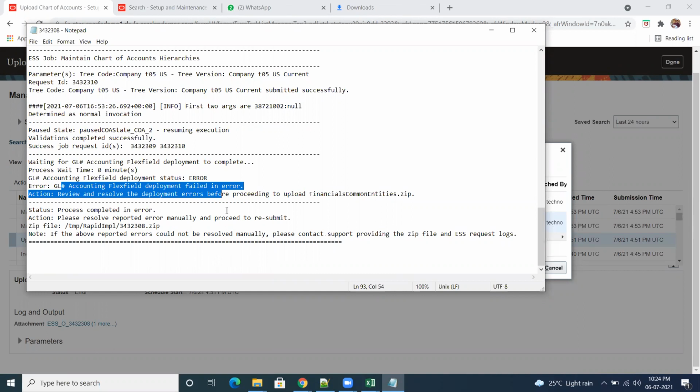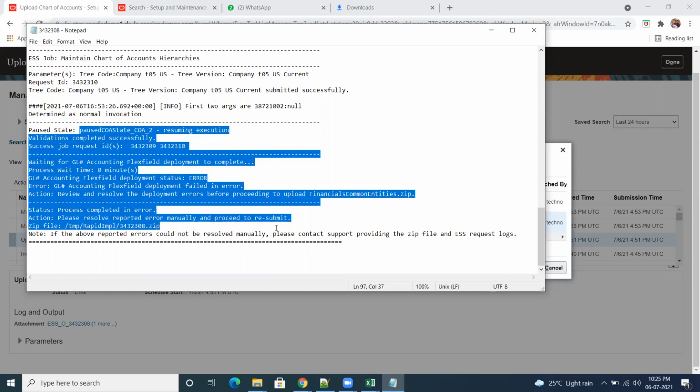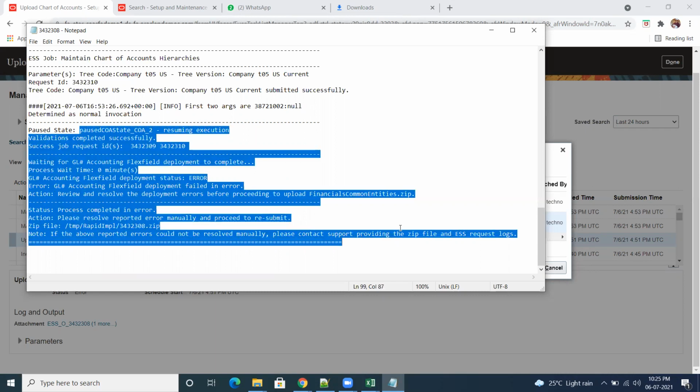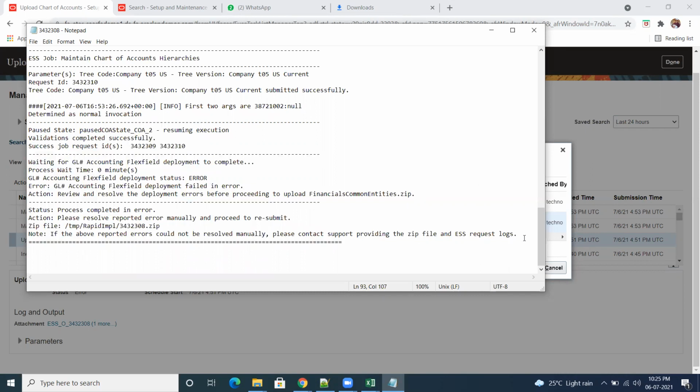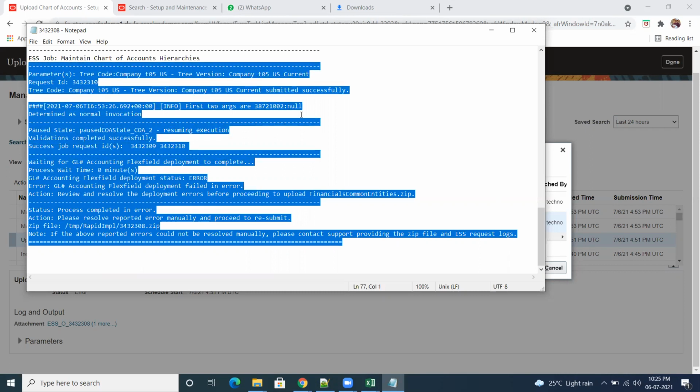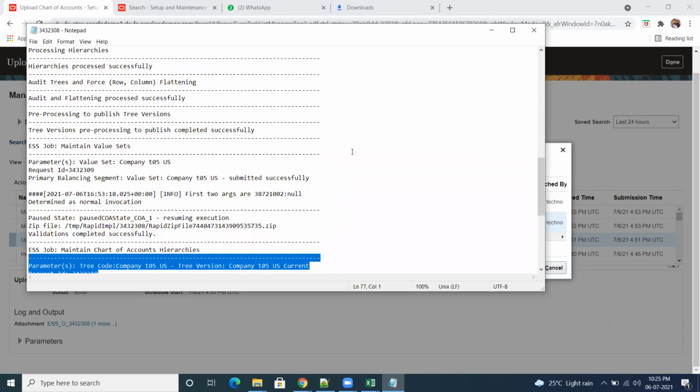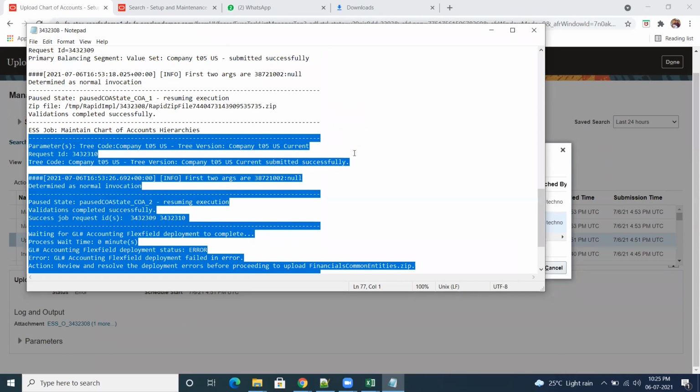GL accounting flex field deployment. The deployment error, man. That flex field is in an error state, right? Yes, yes. That we have to see here, that it has been stopped actually. Okay, okay. Because yesterday it was working. So you try to remove that particular thing, Ramna. Yeah. Okay, I'll check and resolve it. If it is not working, then we'll see tomorrow, we'll run the same thing also. Okay. Sure.